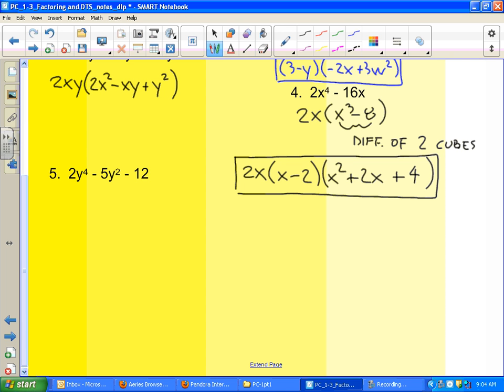All right, and then our last one here. I have no GCFs that can come out. This is what we call quadratic in form, meaning it looks like ax squared plus bx plus c. And one way to do these, and you can do this without substitution, but let me just show you the substitution. Again, I'm going to let u equal y squared. Now, why did I do this? Well, first of all, I'm recognizing quadratic in form because I see that the middle power is half of the leading power. And when that happens, for a trinomial set up like this,